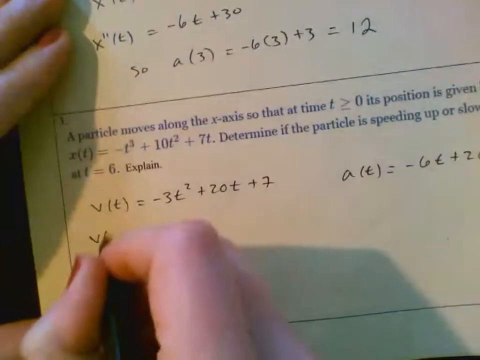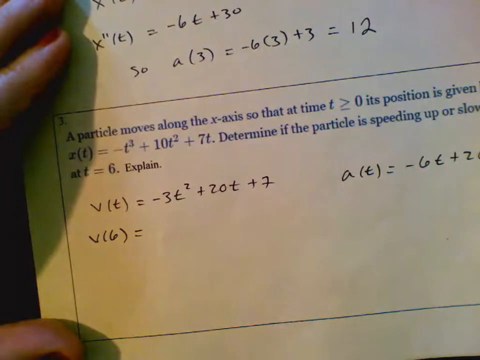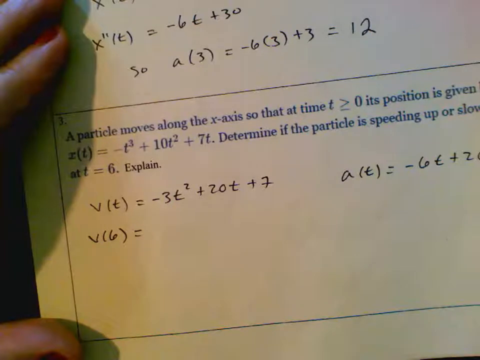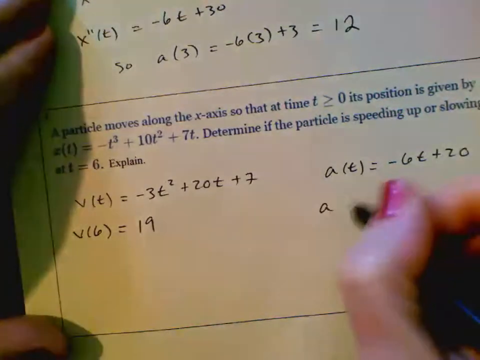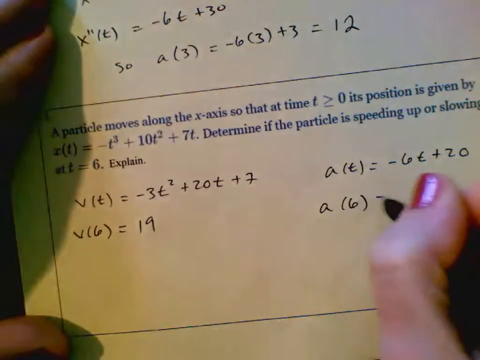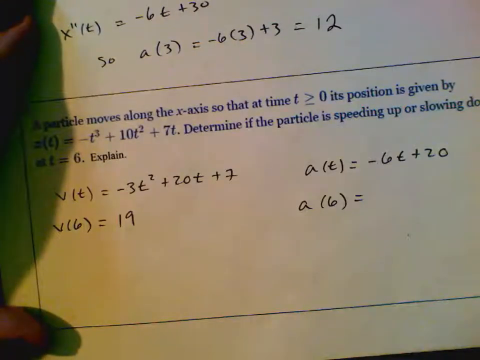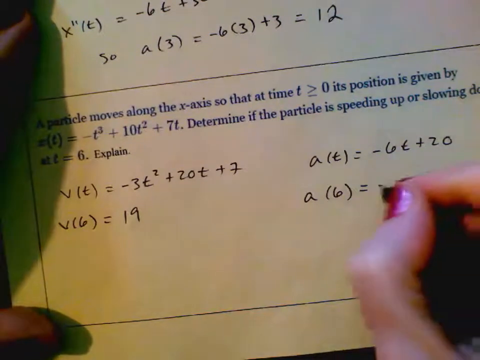So the velocity at 6 is positive, and the acceleration is negative. All right, so the answer is